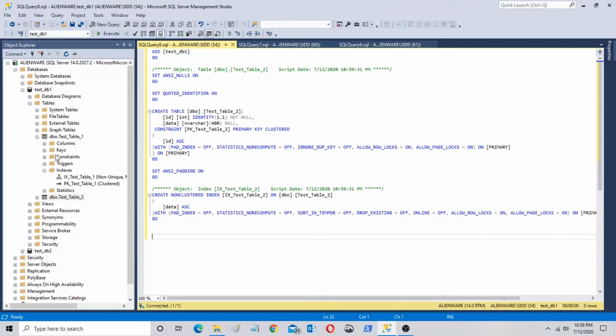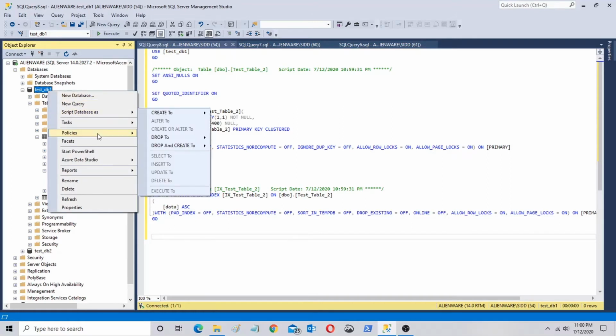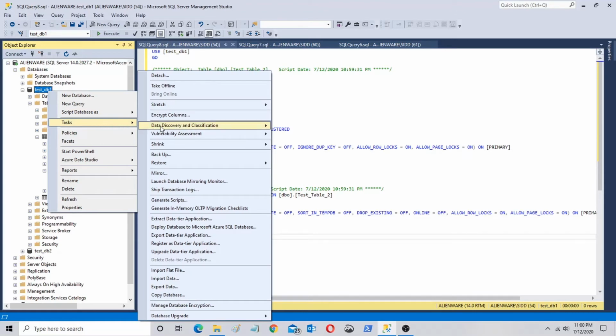In case you want to achieve that, so you have a single file where you have all objects, there is a special task which has been defined. What you have to do is right click on your database, go to tasks, and then there is an option for generate scripts.